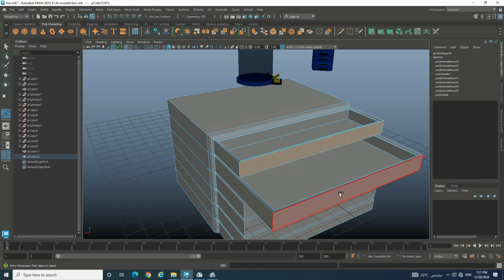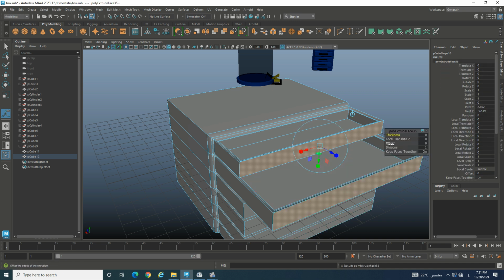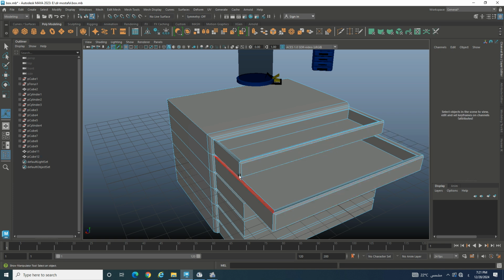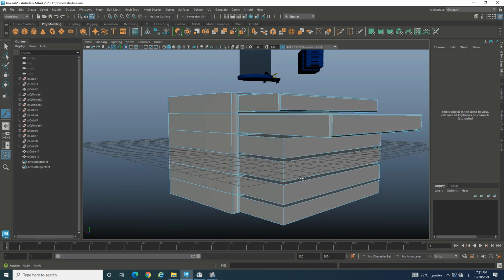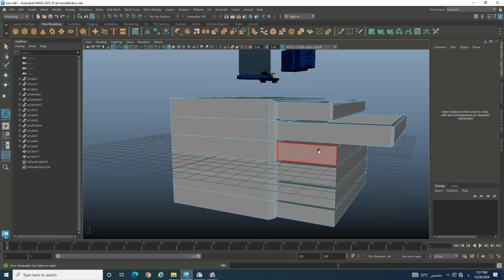Let's choose another faces. I will choose them together by holding Shift on the keyboard and press Ctrl and E to apply extrude. Then change the thickness or change the offset. Then move using the moving tool, pressing W on the keyboard. Then I will navigate around by holding down Alt. I need to select these faces inside,